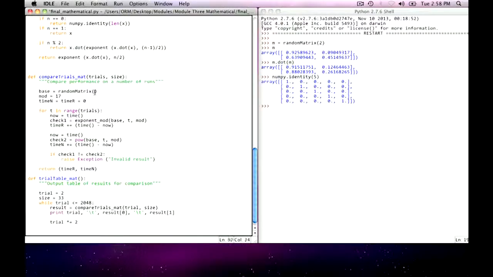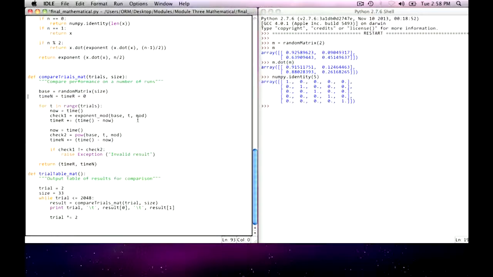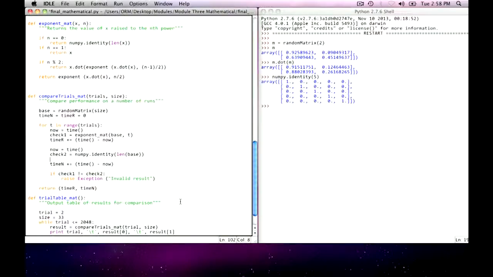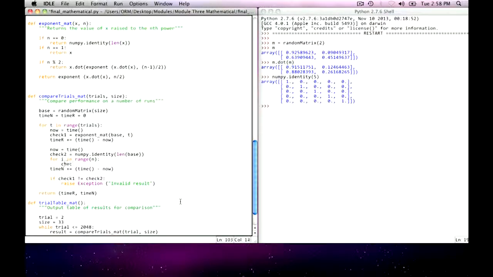And now the only thing I need to do is compute, in one case, the cost of raising, using my exponent mat function that I've just written, that base matrix to the power of t. And the other time, I've got to do a manual operation, just like you saw me do before. So I start with the identity matrix, which is a numpy identity, and I need to multiply it by itself, as we've seen, n times. So check2 is check2 dot the base. And when that's done,